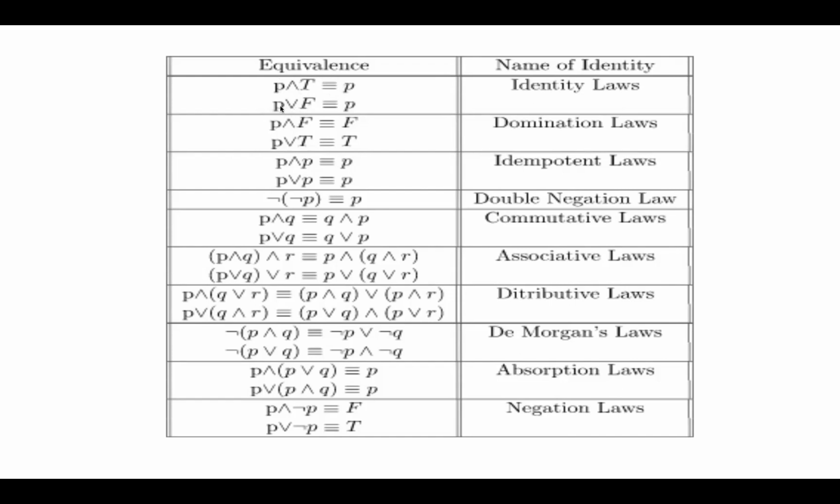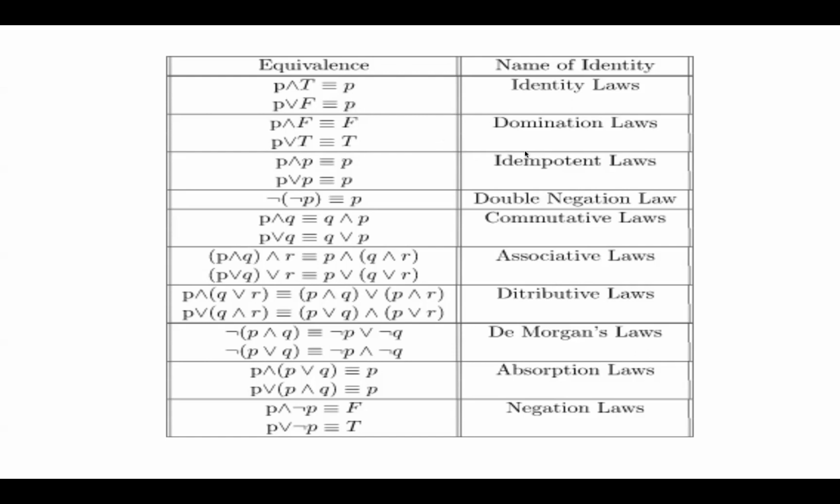Same case with this P OR F. If P is true and it is ORed with F, then whatever the value will be, that will be equivalent to P. If P is true, and here it is ORed with F, then the result will be P only, that is true. Same with F: F OR F gives the value false. Means P is also false. If a disjunction operation is performed with false, then it will give us the original operation, that is P.